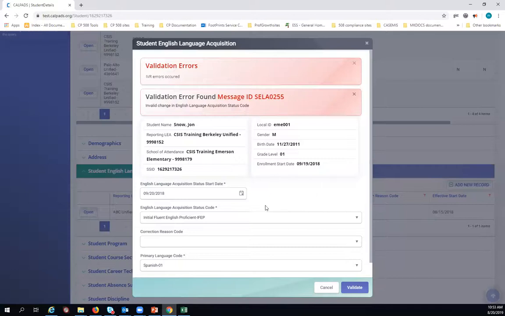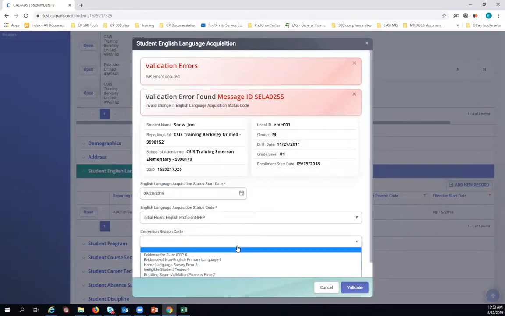So now, how do you address this? Either double check that the status code is correct. Maybe the student might be RFEP, or if the student was indeed IFEP, then you have to indicate a reason